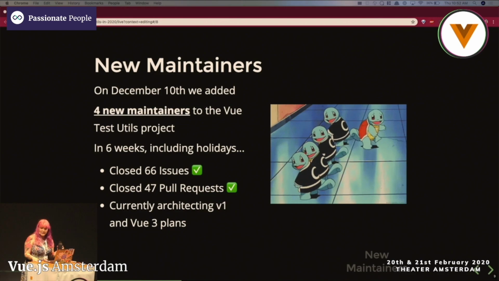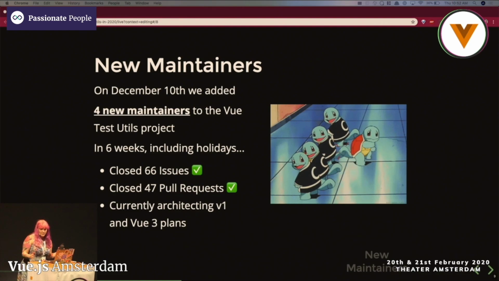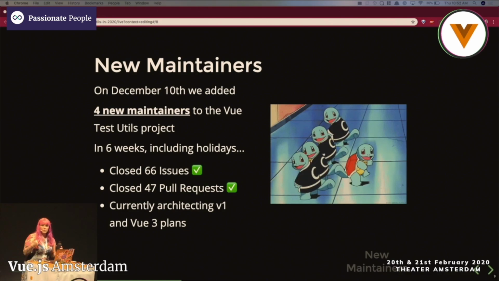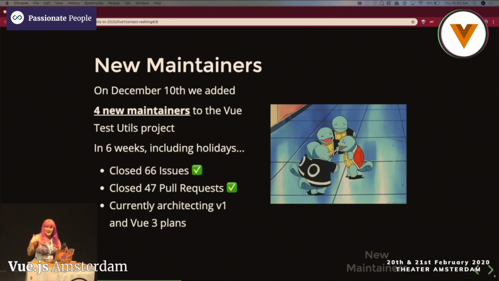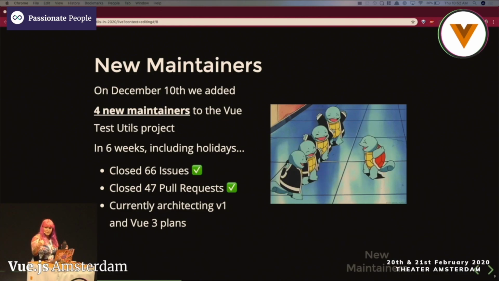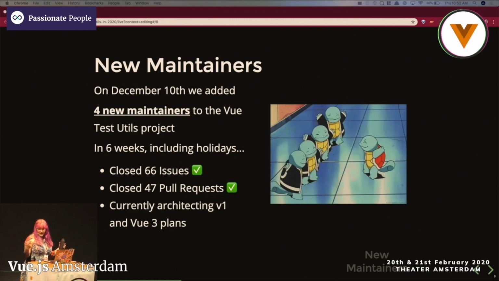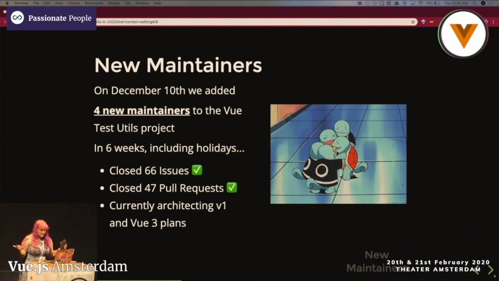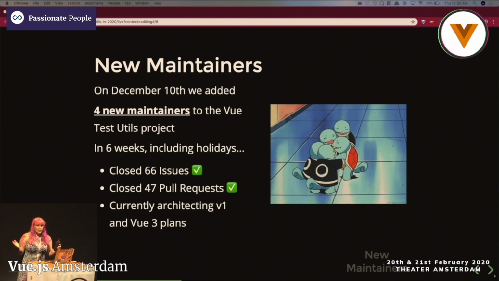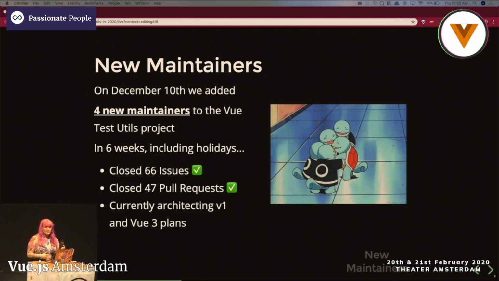So we've closed 66 issues in 6 weeks, including the holidays, and including ramping up all of the engineers that we added. So like, we're dropped into a code base. Some of us had been contributors before, but just contributors. So we weren't really making architecture decisions. And so now we're ramping up on the goals of Vue.to, and then helping to maintain the whole community surrounding it, and that is closing issues, accepting and debugging pull requests, and validating that they are working, and then also architecting the future plans for what we have to do to work with Vue 3 and what V1 needs to